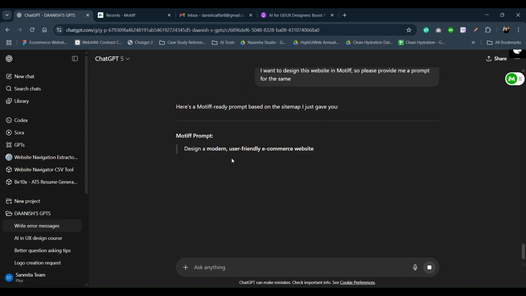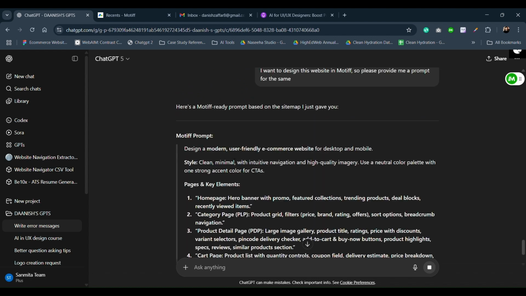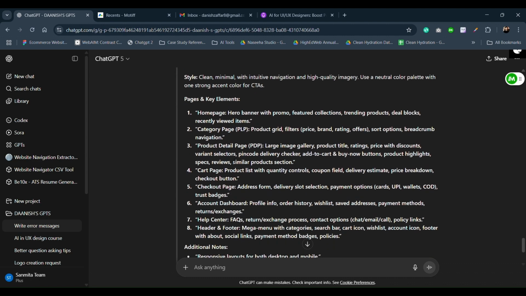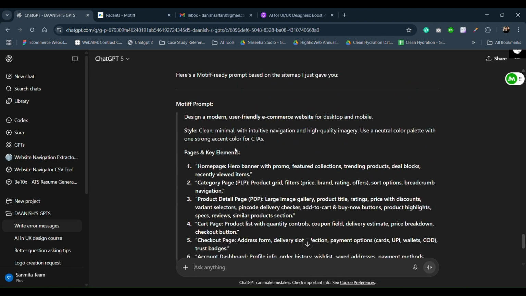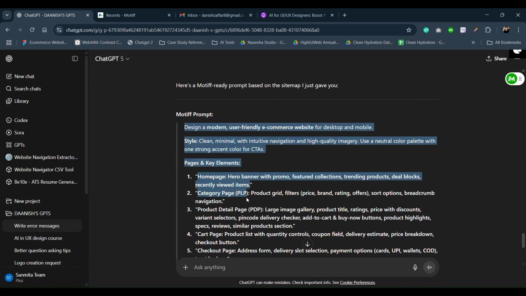That's it. So it will give me a Motiff prompt, and I will use this prompt in the Motiff AI tool, and it will generate me a UI design. Simple. Okay, so this is the prompt that it gave me. Let me copy it